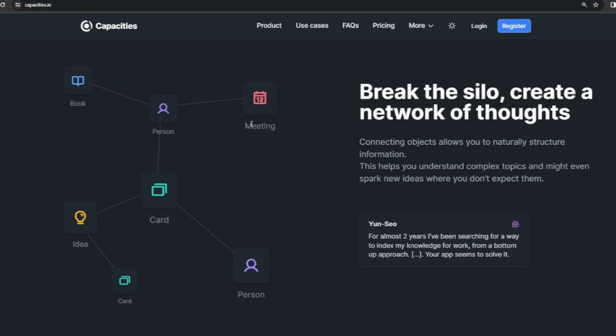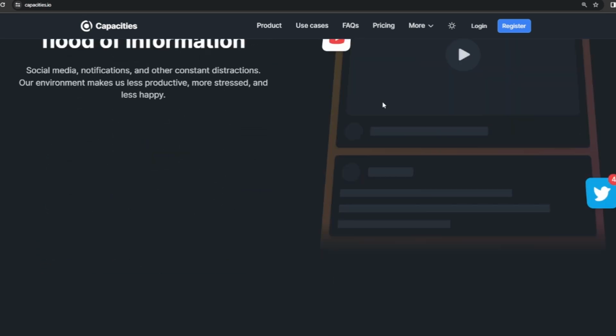Bidirectional linking can be used to track the connection between different ideas or even concepts. It can also create a visual representation of your knowledge base and let you easily navigate related nodes. So yeah, the next feature in Capacities is